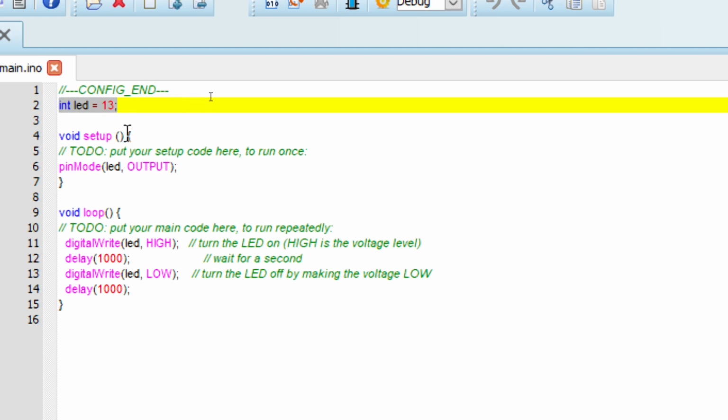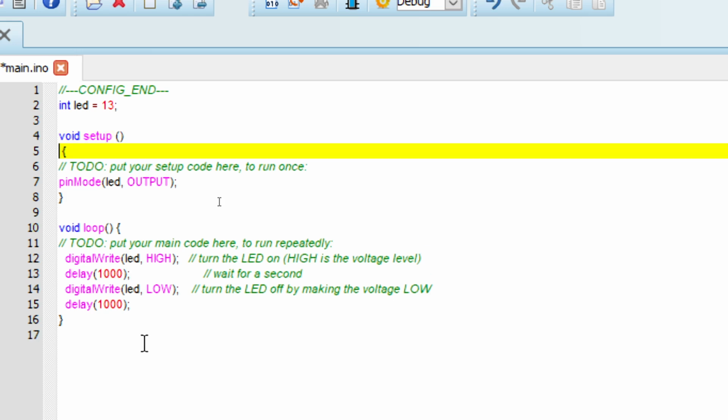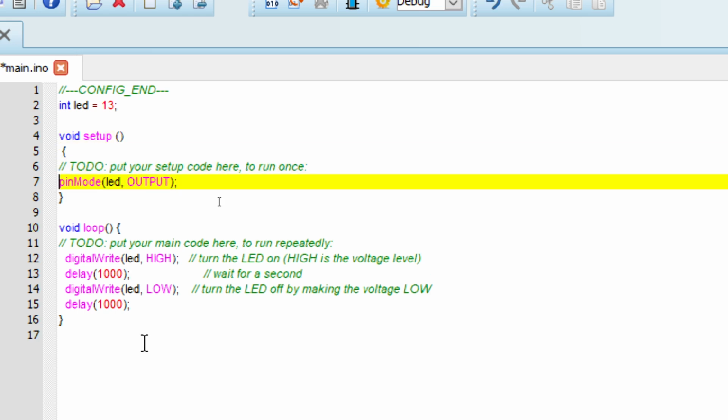And then we have a function void setup. In this we generally write the code which will run only one time, so it will not keep on repeating, rather this particular function will run only once. In this we are defining the mode of the pin.